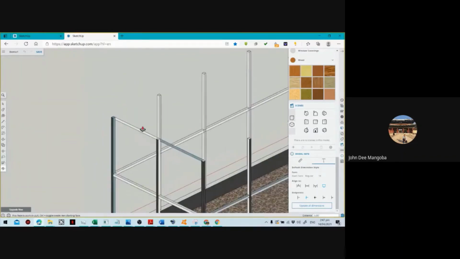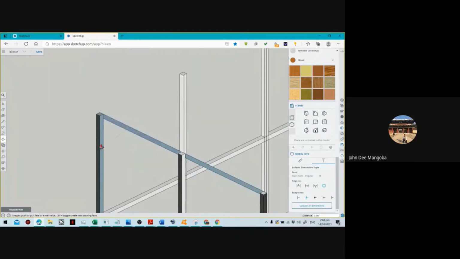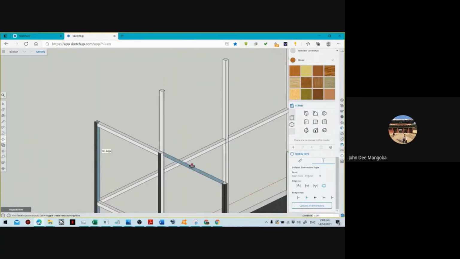Then press pull. So, yun lang. Ilagyan lang natin ng horizontal stud pa dito sa taas para magkaroon tayo ng extension or yung